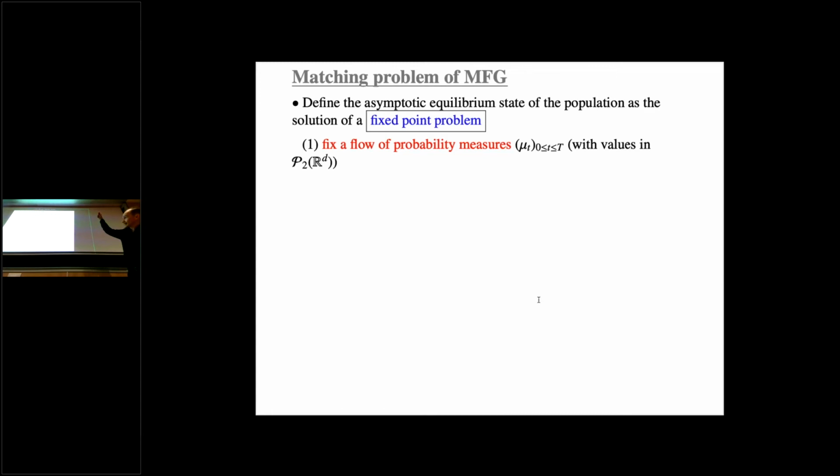I want to find an equilibrium state in the population. So once again, I am describing the state of the population at equilibrium, keeping in mind that time evolves. So this is a collection of probability measures indexed by time. Since it's going to be a fixed point, I am given a candidate for being the fixed point. So you have that this is your flow mu t here. This flow of probability measures is a candidate for being an equilibrium. So at any time t, mu t should be the state of the population, or the law of your particles, if you want to think in terms of laws, at a given time t.